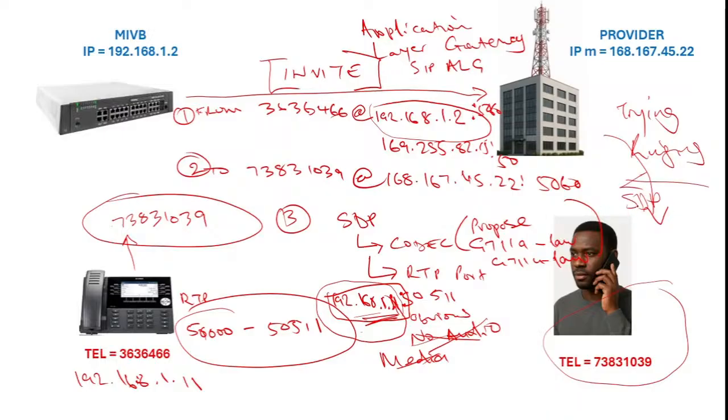It's going to say SDP OK, and Mitel is going to send an SDP acknowledgement. So in this SDP OK, the provider is agreeing to use this codec, probably G711A, and it's also going to say in that acknowledgement,